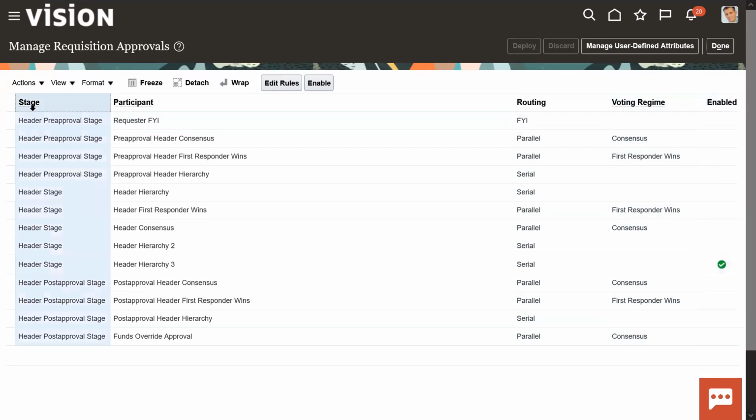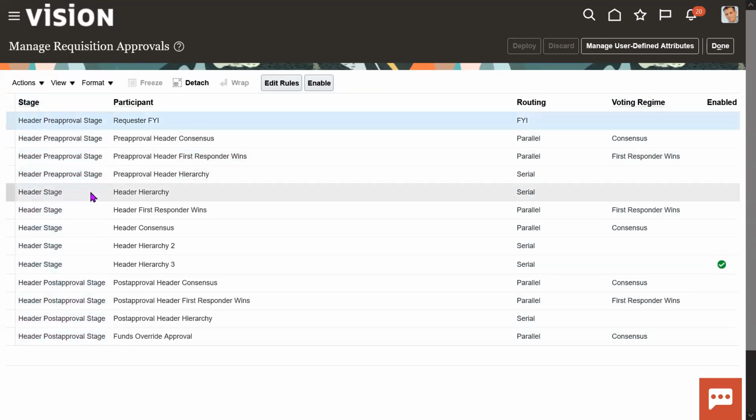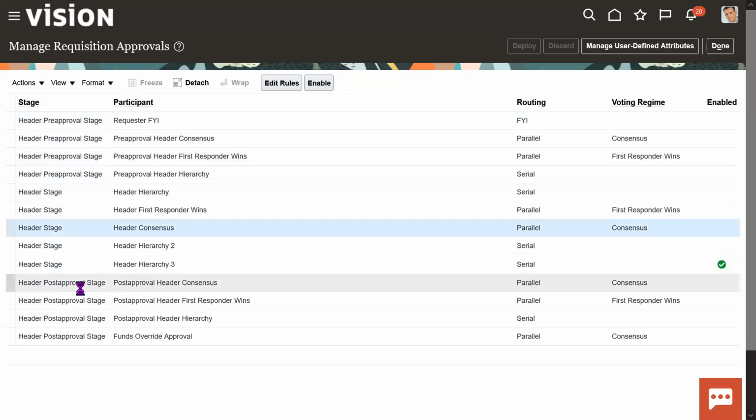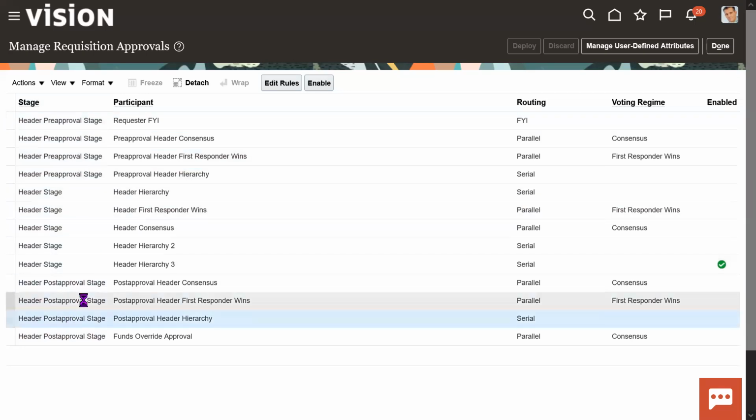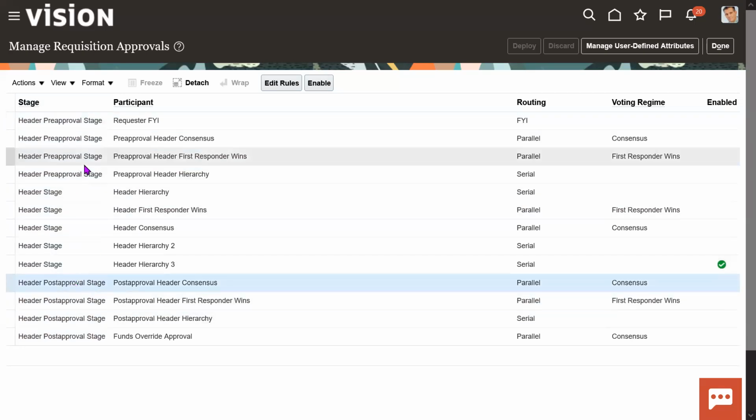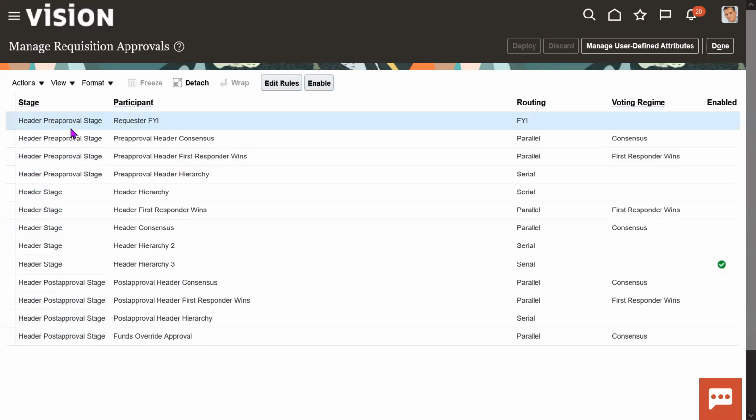And this is nothing but stage. Here you have pre-approval. Three stages are there: pre-approval, then main approval, and post-approval. These 3 stages of approvals are nothing but,